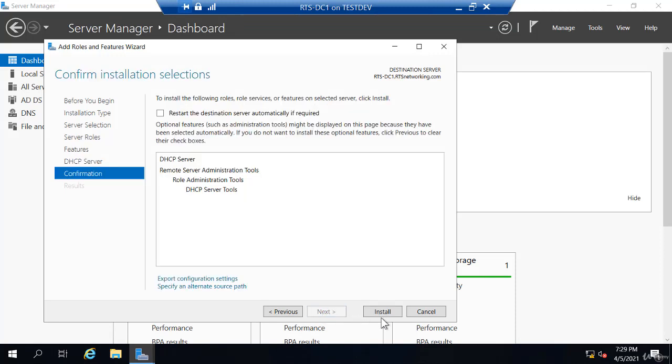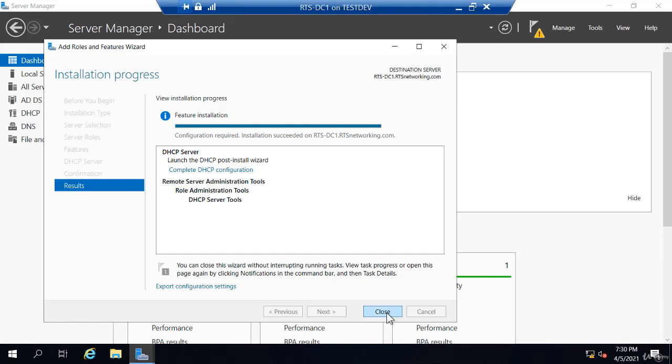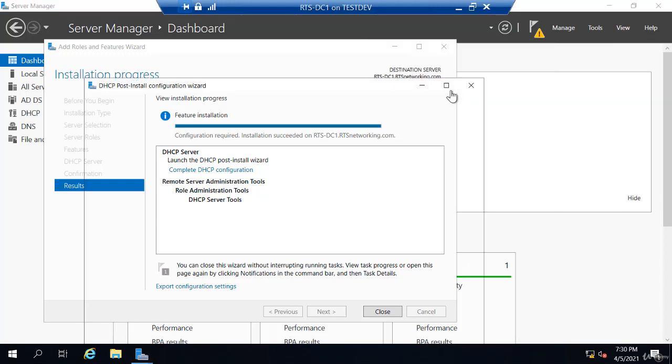Now I'll just continue and click Install, and that takes just a minute to install. Now that that is done, I can complete the DHCP configuration, or if you click Close on this window before you think about completing that, you can always go to this Notifications here, and it has that same complete DHCP configuration. So if I select that,